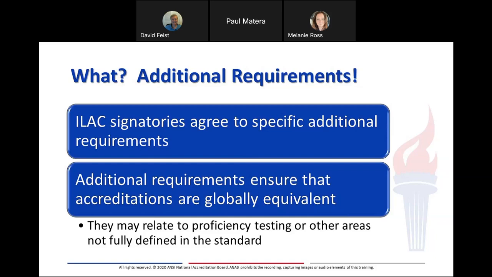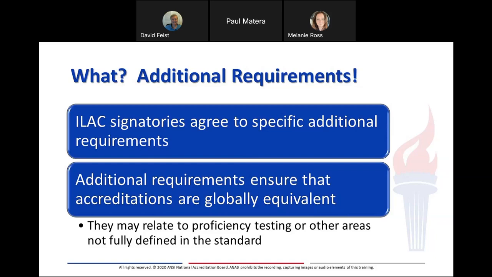So Paul, would you say that it is intended as a clarification? It is intended as a clarification in many regards. In some other regards, it would actually add an additional requirement. There are some areas where ILAC will say, in addition to the basic 17020 provision in this case, here are some additional requirements that you need to prove out that you meet that ISO standard, that clause. And you'll see that in the checklist.